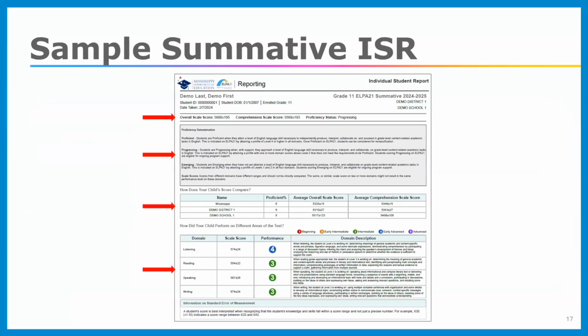Here is an example of what an ISR looks like for a summative test. Summative ELPA21 ISRs look similar to screener ISRs but differ in a few important ways. A summary of the student's performance is listed as an overall scale score, comprehension scale score, and proficiency status. Proficiency determination levels are described as proficient, progressing, or emerging in the proficiency determination box, along with information about scale